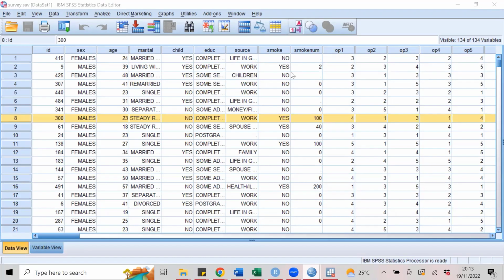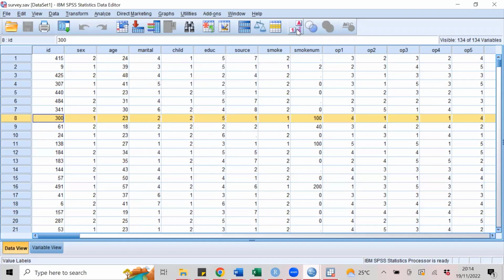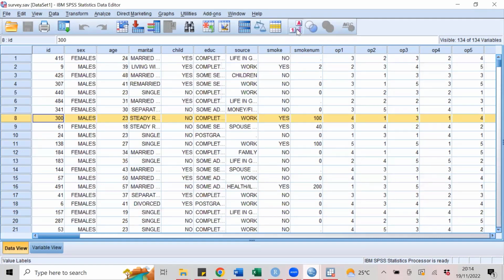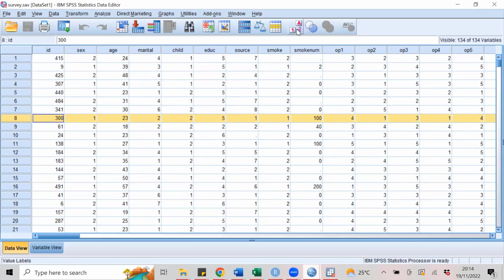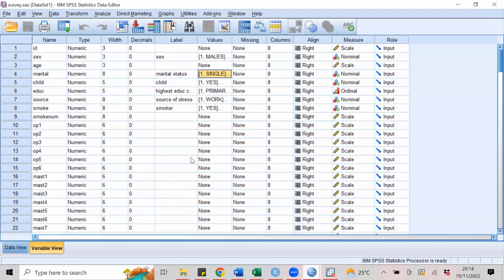Let me show you. You can switch in between the views. So you can see here, when you're looking at numbers, those are the codes that people used. Like for females, the code was 2. For males, it was 1. So if they are categorical, you can see what are the codes that were used. And how are you able to see this? Because when you go to the variable view, before you enter the data, you have to specify.